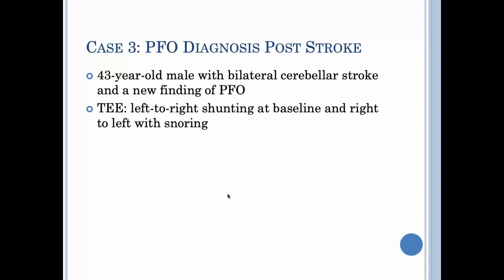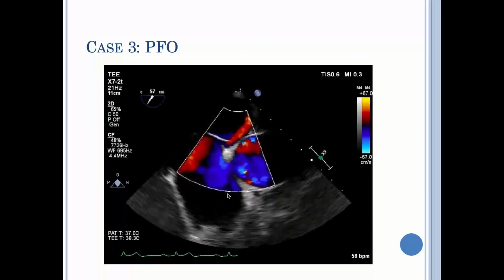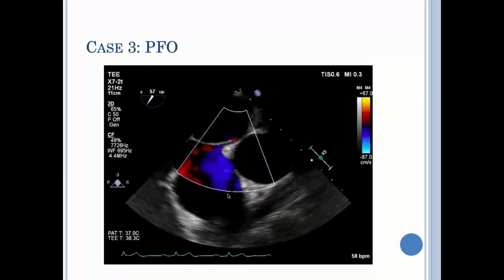bilateral cerebral stroke who was found to have a PFO. On the TEE, there was left to right shunting at baseline, but there was transient right to left shunting with snoring. So this is his PFO that was assessed with TEE at baseline,